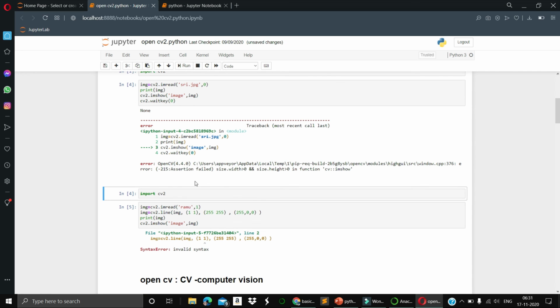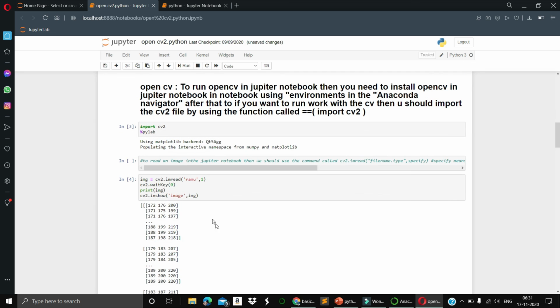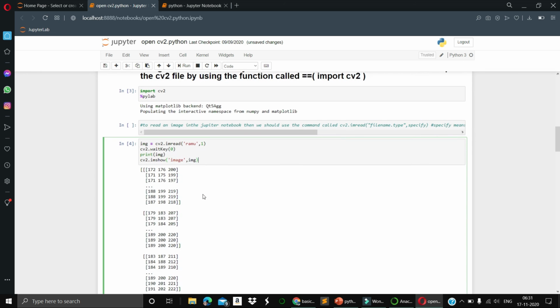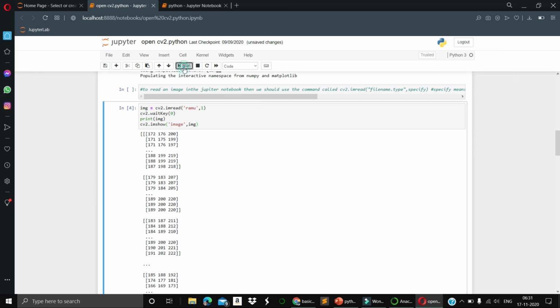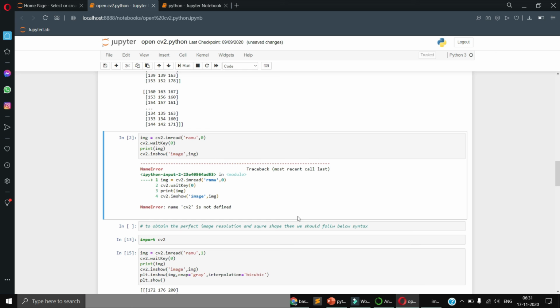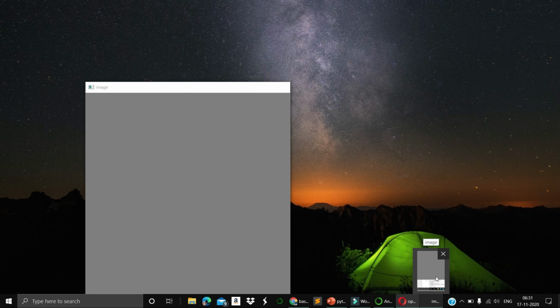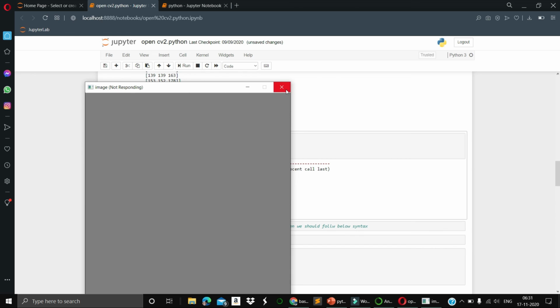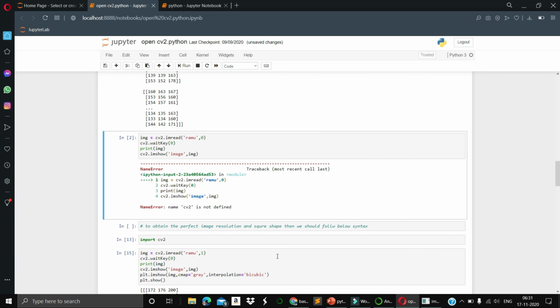Don't worry, it is giving an error because that doesn't have any image on it. You will be able to see one image, because some of the images are not responding. Okay, that's fine. In this way, you will get every software according to our usage.